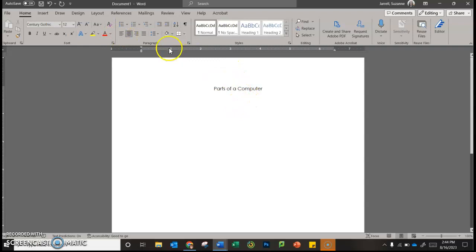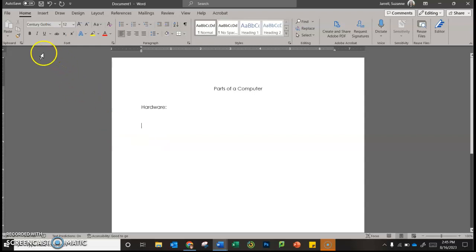So now this is in the center, I need you to go over here so it lines up on the left side, and you are going to type in hardware. Whatever definition you put as hardware on your paper, that's what you need to type here. So you should have a definition of hardware here. When you are done, you hit the Enter key twice,